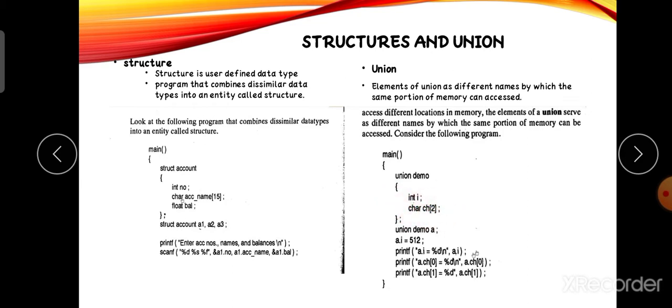The difference between structure and union is that structure uses the struct keyword and union uses the union keyword. Here, the integer occupies 4 bytes, float is also 4 bytes, and character occupies 1 byte, but the array includes 15 elements, so it takes 15 bytes for the character. So 4 plus 4 is 8, and 15 plus 8 is 23 bytes occupied by the structure. Totally 23 bytes is